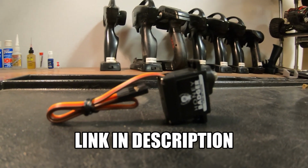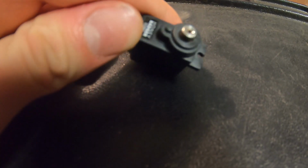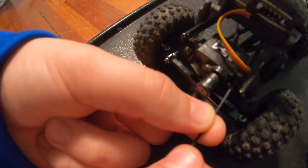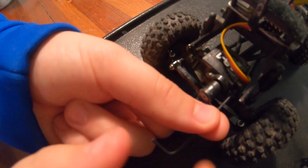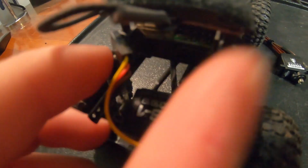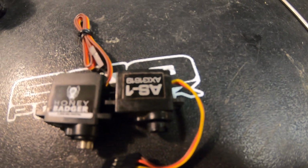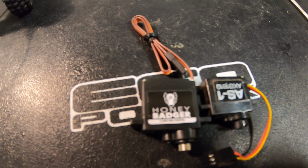Today we'll be installing CCXRC's Honey Badger Servo on Grant's Axial SCX24. So let's get right to the install. Start by removing the two screws that secure the servo to the axle, then disconnect the servo horn, and finally unplug the servo. The new servo is a decent amount larger than the stock servo, so I'm going to 3D